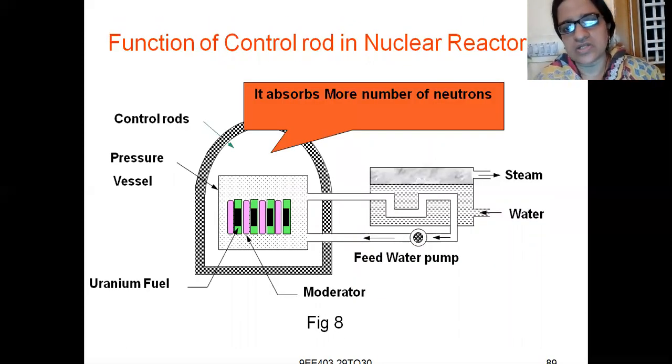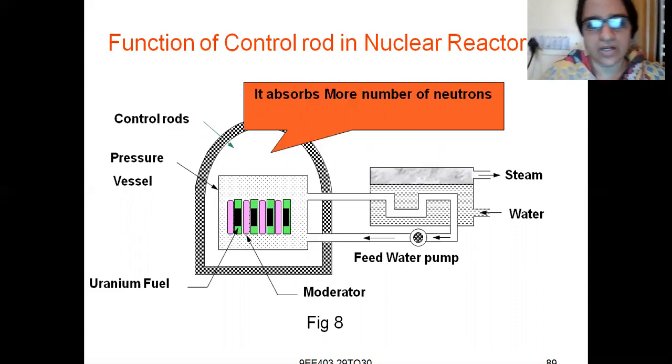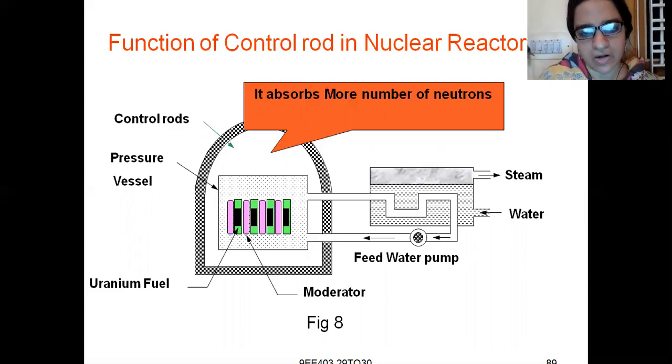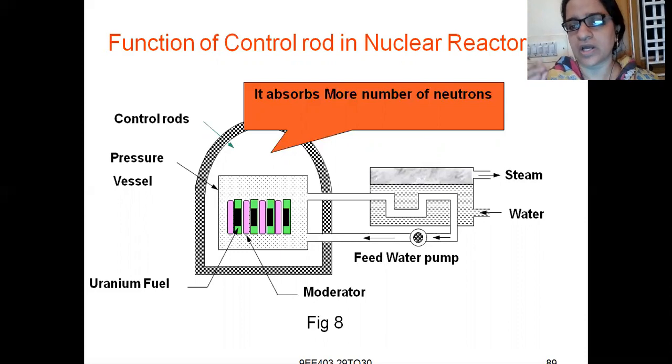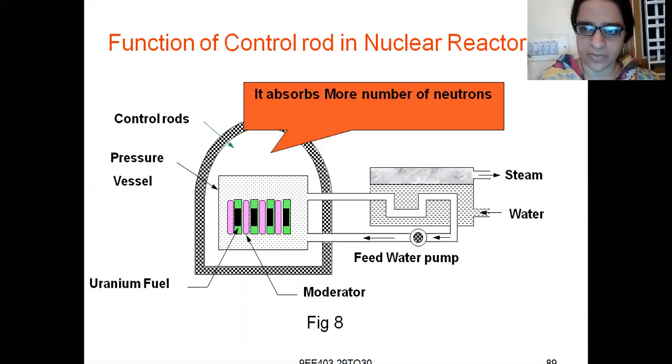Okay, what is the function of a control rod in a nuclear reactor? It absorbs more neutrons. See, they have placed this light green colored thing; the control rods are placed almost on the uranium fuel rods. So more and more neutrons will be absorbed by these control rods, and immediately the nuclear reaction will come under control. Okay, even if we want to stop the nuclear reaction,